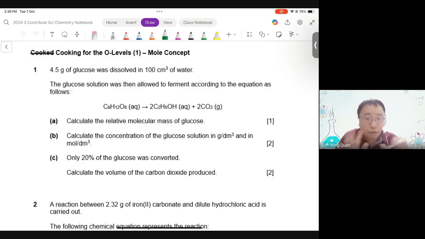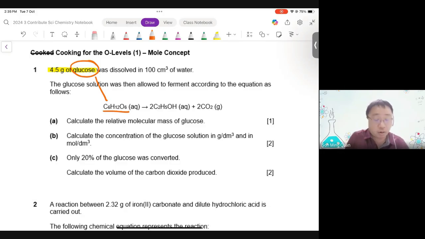Now the way many of you approach mole concept is not wrong, but it makes you rather careless. Always highlight chemical names and numbers. So in this case, 4.5 grams of glucose. The first thing you need to know is what is glucose's chemical formula? It is very important, especially if you know you are very careless, to draw that line so that you know that, okay, the formula is